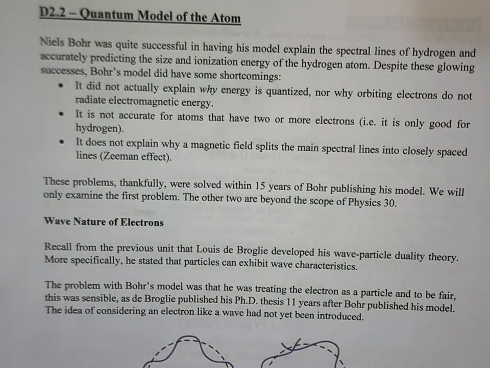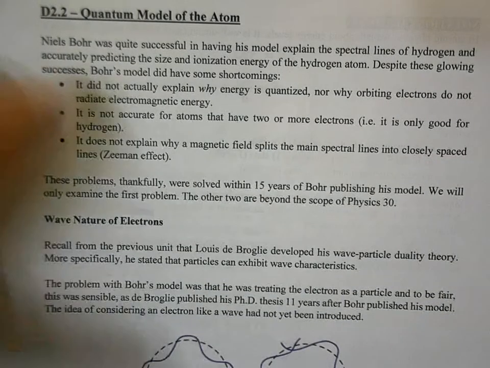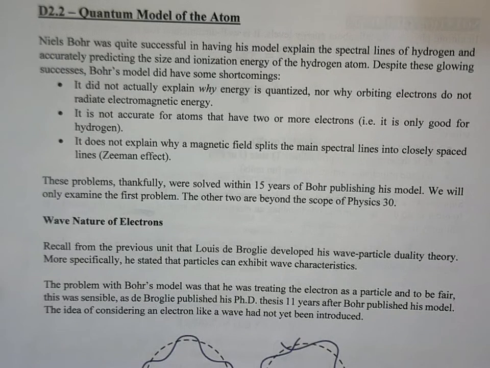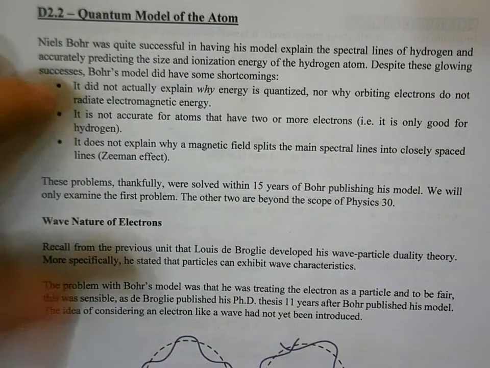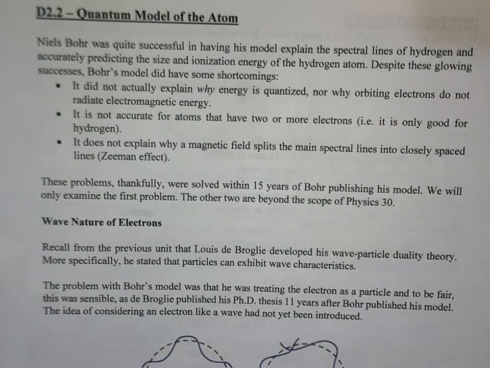So we want to actually fix that. Now, there's some things that, as I mentioned, Bohr didn't explain. He didn't actually explain why energy is quantized and why those electrons don't emit EMR. That's what we're going to look at. His model is also only accurate for hydrogen. Once you get to helium and onwards, it doesn't work well. And he also didn't explain the Zeeman effect. All of these eventually got rectified within about 15 years,